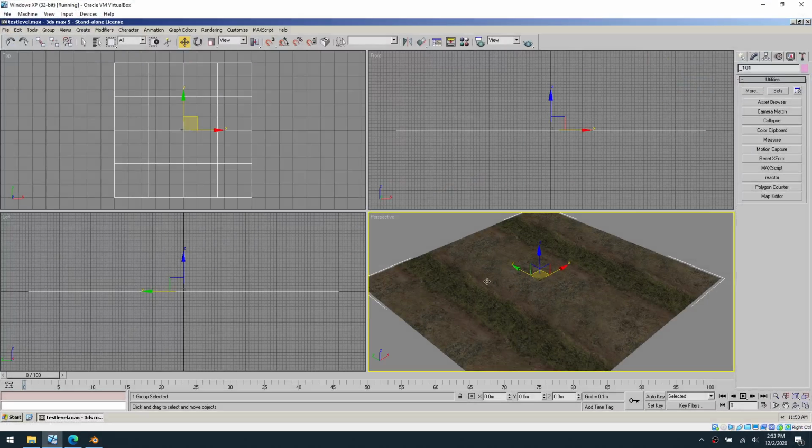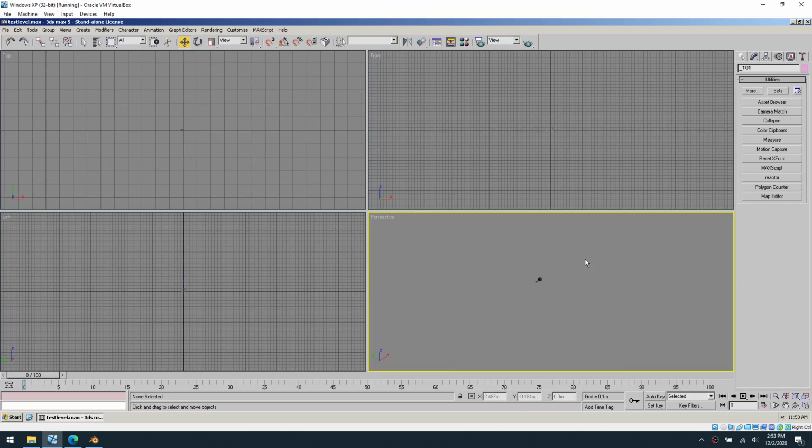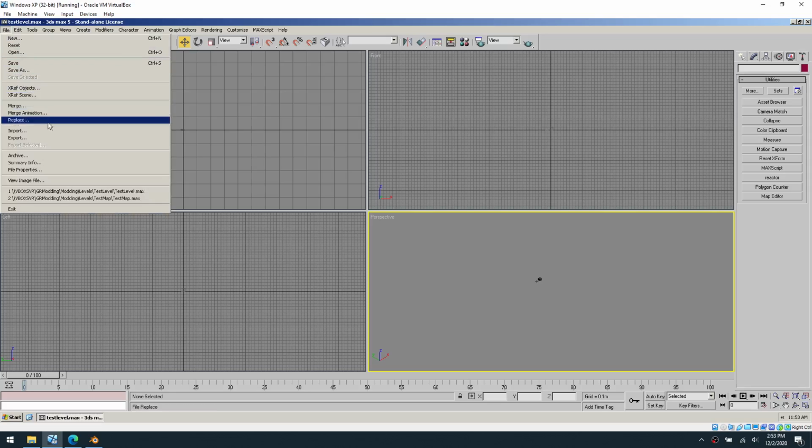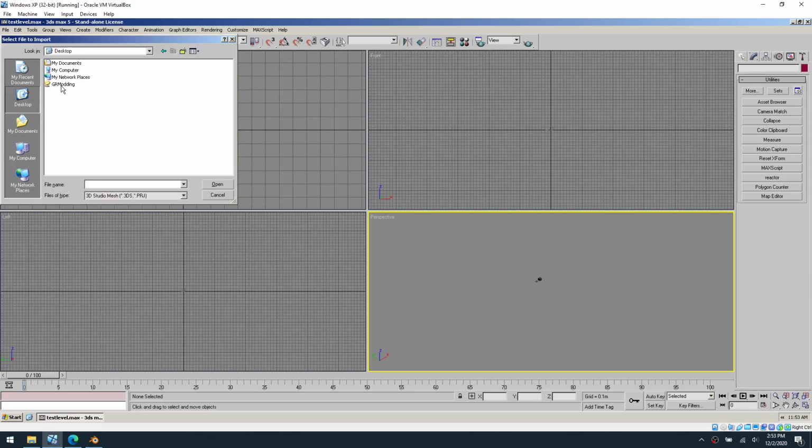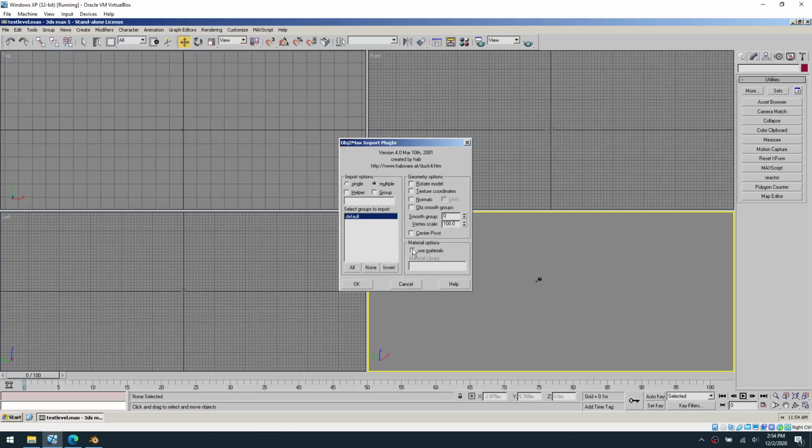And what ends up happening now is we're going to come in here and blow away underscore 101. We're just going to delete it. So now we're back to our basic standard here. I can click File, Import, Desktop, GR modding, levels, test level, temporary exports, and we can import Wavefront OBJ files. Click on grass floor 1 OBJ, open, and we're going to see here pretty much all we want to do